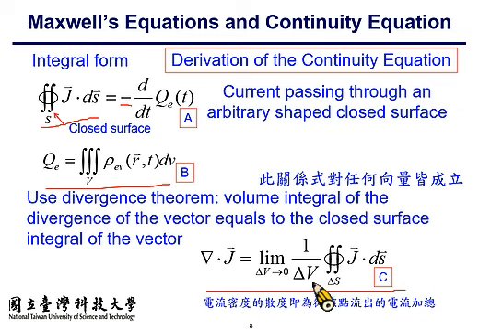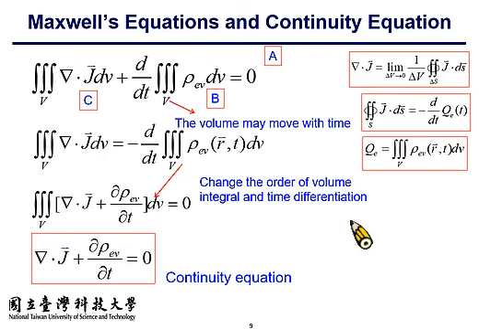Okay, and relationship C says that the divergence of J, that is the current density flowing out of a particular space, can be expressed as the closed surface integral of J over a very small volume. That is, the divergence of the current density, on the left hand side, is the sum of the current flowing out of that point. Okay, we have A, B, C, three relationships, and we try to